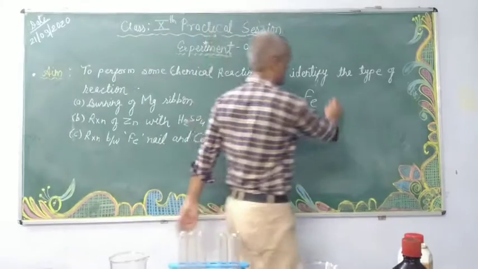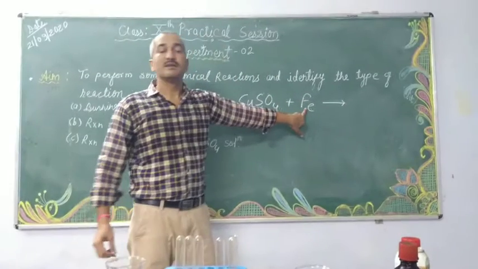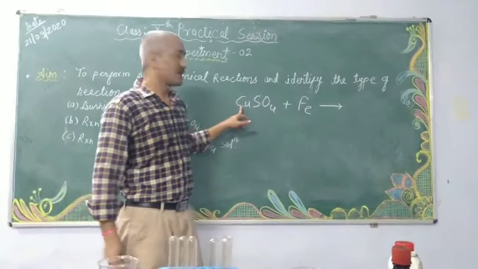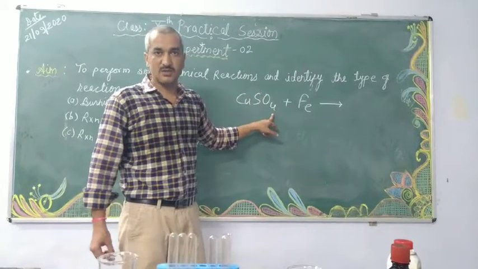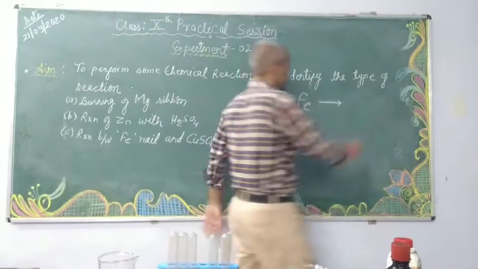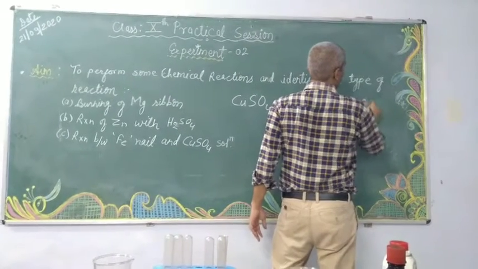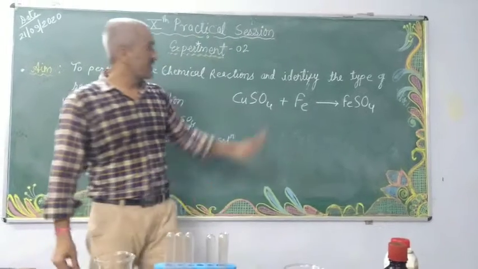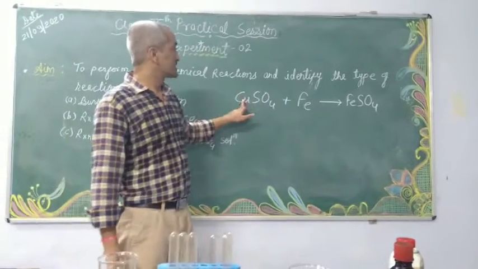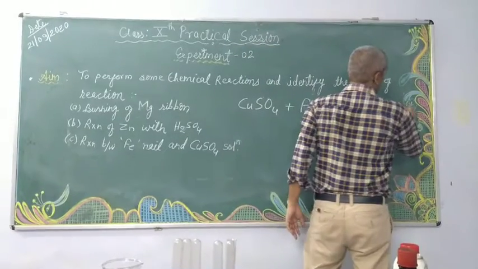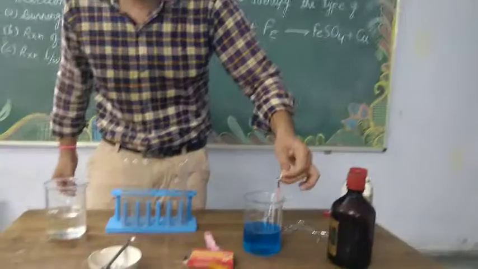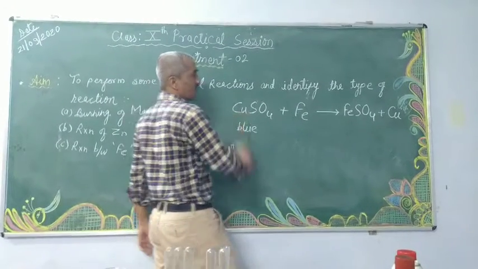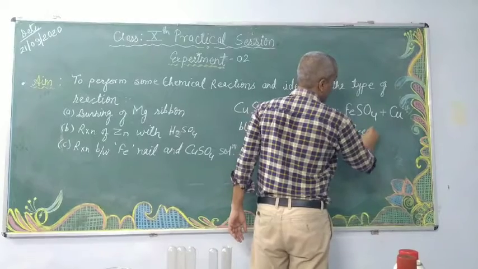So what actually happened here? This iron is more reactive in comparison to copper, so it is able to displace the copper from the solution of its salt. Got it? So what actually happened? FeSO4 is formed. Ferrous sulfate is formed, and this copper is displaced from the solution, and it is deposited on this nail. So this blue colored copper sulfate solution turned into light green color,